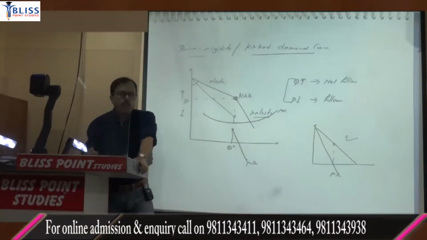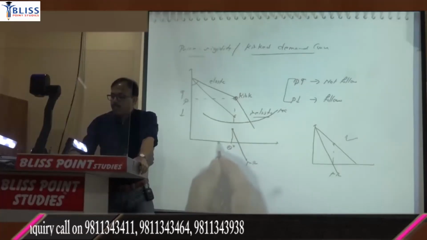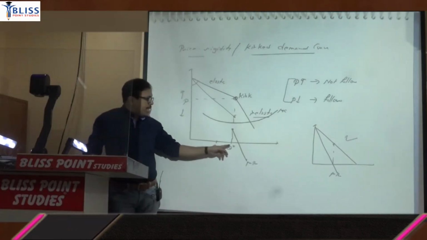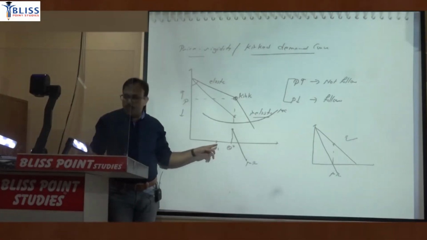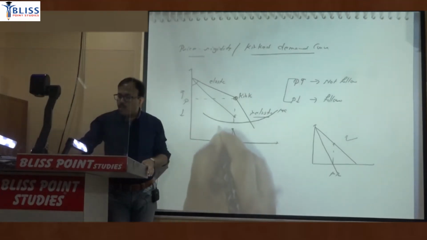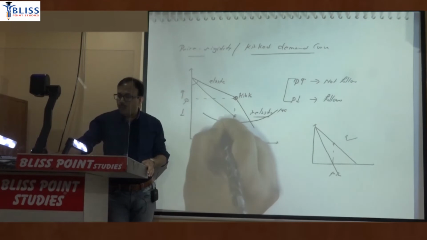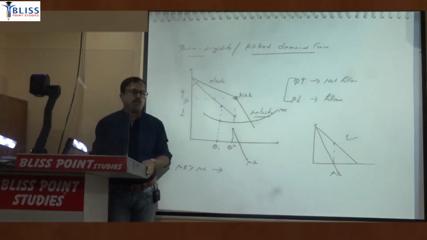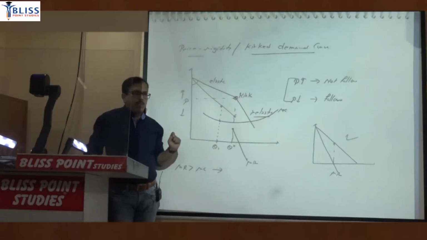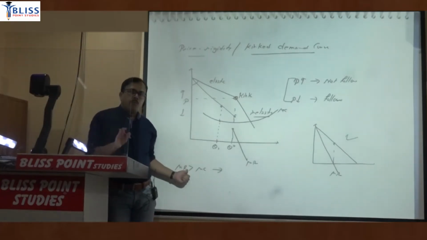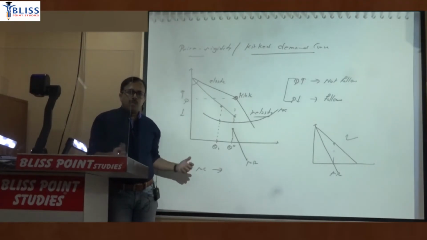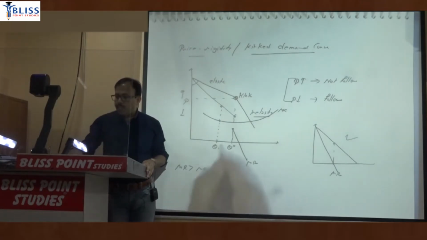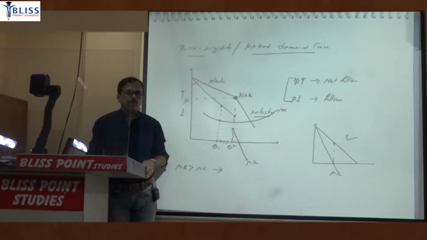But why? The answer is if the firm chooses any output to the left, such as Q1, at Q1 marginal cost is less and marginal revenue is more. That means marginal revenue is greater than marginal cost. What does it mean? By producing this quantity, the firm will add more to revenue and less to cost. So is it profitable to produce that quantity? Yes, it is profitable to produce that quantity. So the firm will continue to produce in fact more quantity till it reaches,